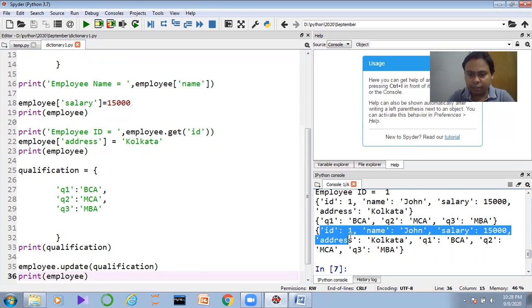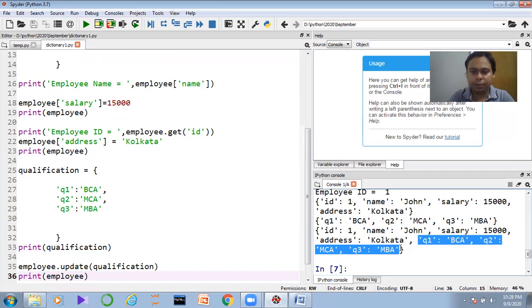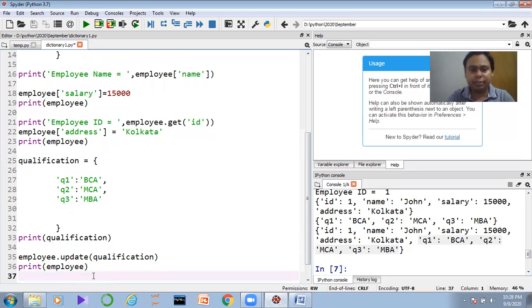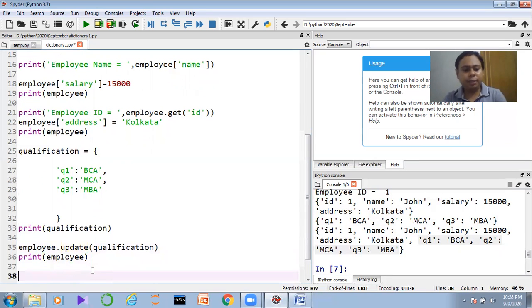This is the first part of the object, which is employee, and this data is coming from the second part of the object, which is called qualification. So we are able to combine, to concatenate the two dictionary objects. Here we are using the function called update. In the list we have the extend function, but here we have the update function. Now guys, if you are asking me whether I can enter any kind of data point at any position inside a dictionary, my answer is no, because here we don't have any flexibility of indexing, and that is why we are not able to do it.